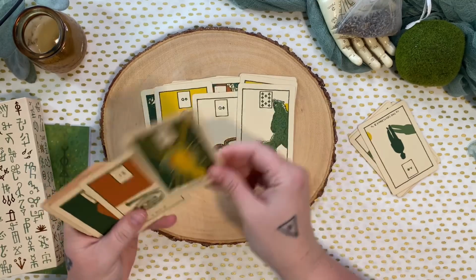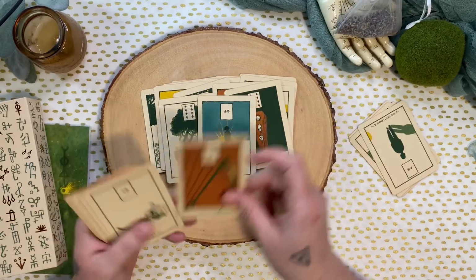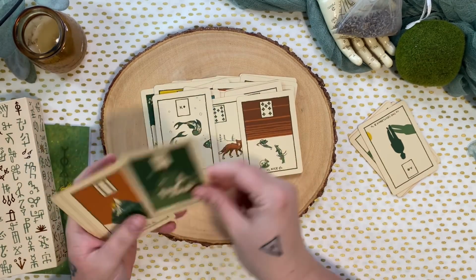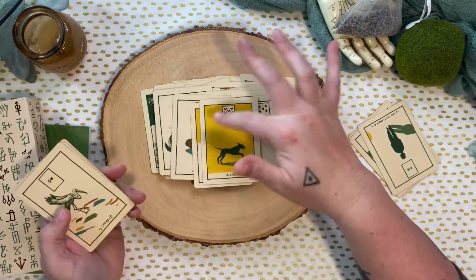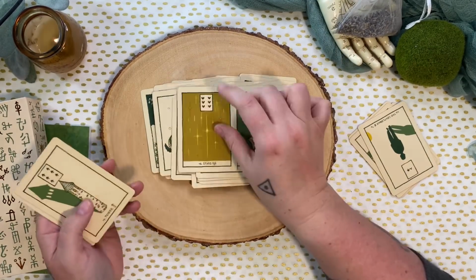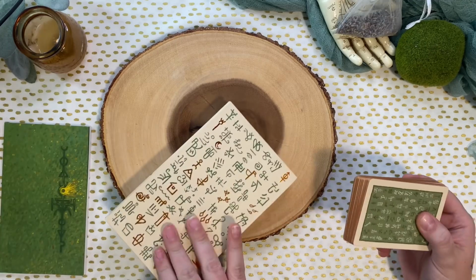Oh my god. I am usually pretty satisfied with my one and only Lenormand, but this caught me. And I was like, oh my God, look at those fall tones. We got those burnt oranges. We got those greens. I need this. And they have these cute little playing cards set inside, which I always love. Oh, it's so beautiful. So yeah, those are my...